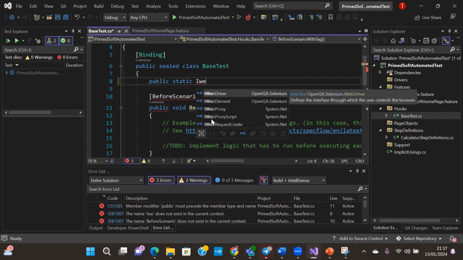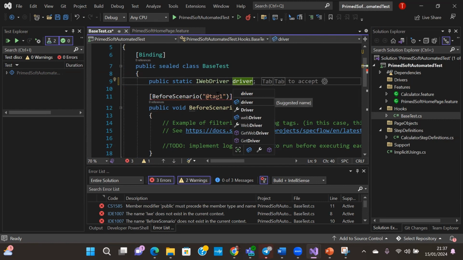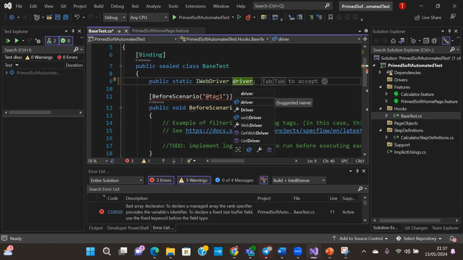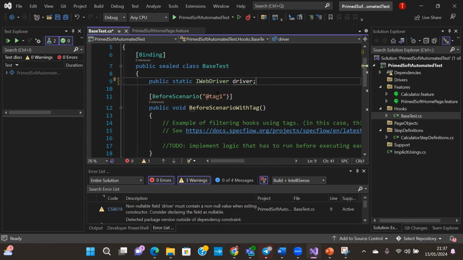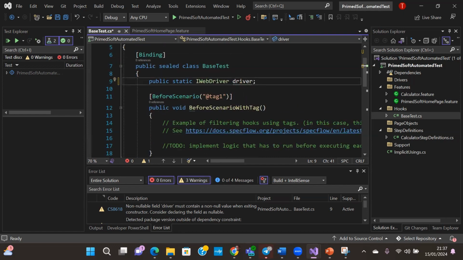You can see it's suggesting a code for us. IWebDriver, right? So driver. Yeah, suggesting for us. If that's what you want to write, you just click on tab to accept. Right. Public IWebDriver driver. Right. So inside your before scenario, right, inside your before scenario, or what I will do is, because our main